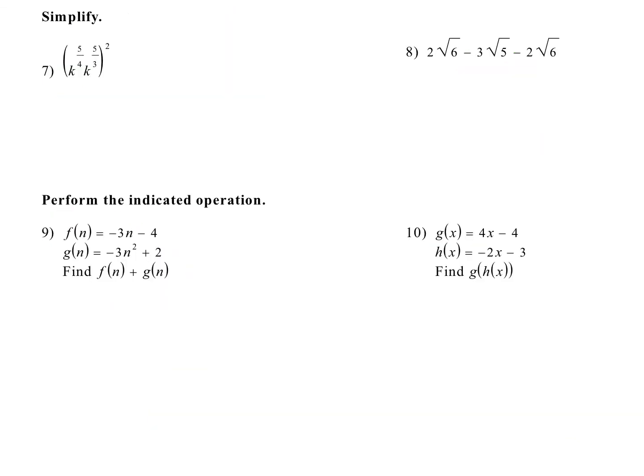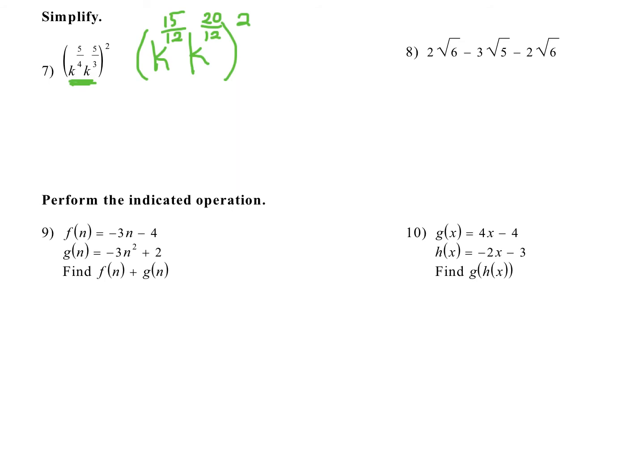Okay, numbers 7 and 8 just say simplify. So for number 7, I've got k to the 4/5 times k to the 5/3, all raised to the 2nd power. So I'm going to start on the inside. If I've got two like bases, as long as I have like bases, I can add the exponents together. I just need to make sure that we've got common denominators. So I can change that to k to the 15/12 times k to the 20/12